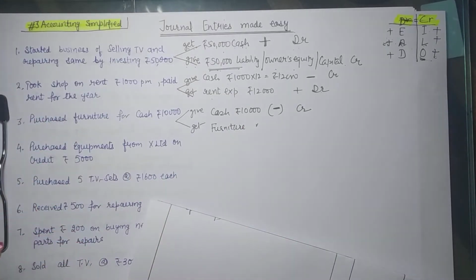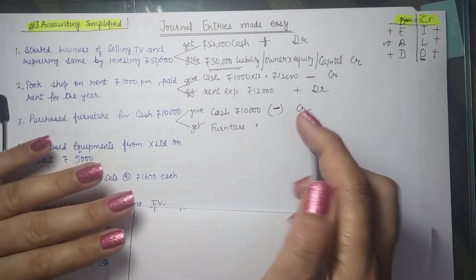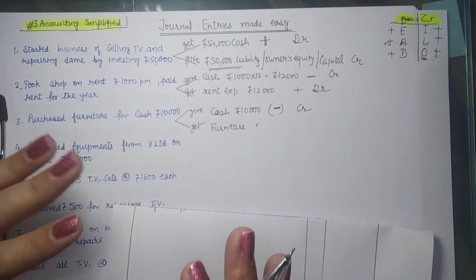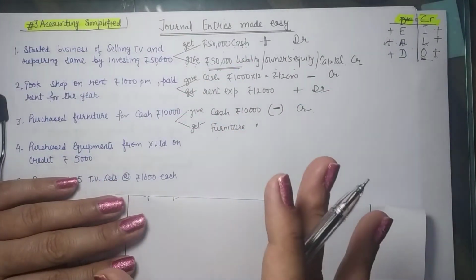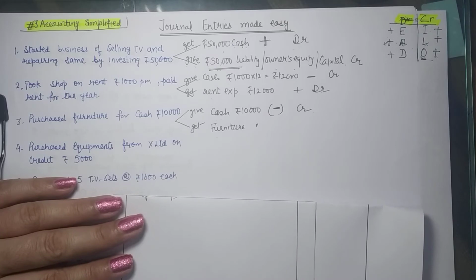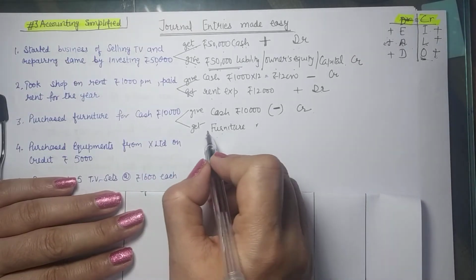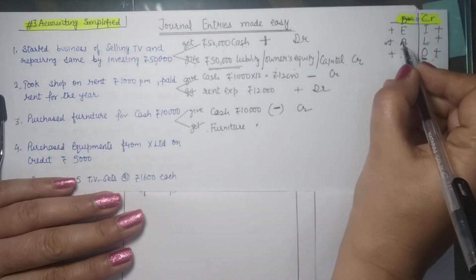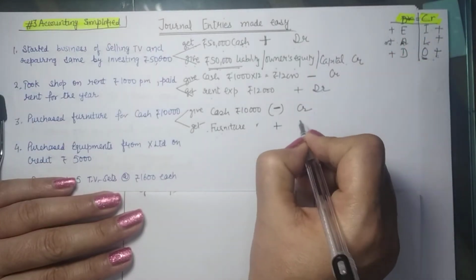Now there is a shortcut also. If you know one of the debits or credits, the other should be the remaining one. So if I know cash is to be credited, then the other effect is to be debited. That I know. So you can also pass this entry by just understanding half of it. But to be more sure about the working of the entry making, let us revise everything. Let us do the things now. Okay, so furniture, you got it. So you have got an asset. You received it. So your asset increased. So asset positives are debit. So it will be debited.